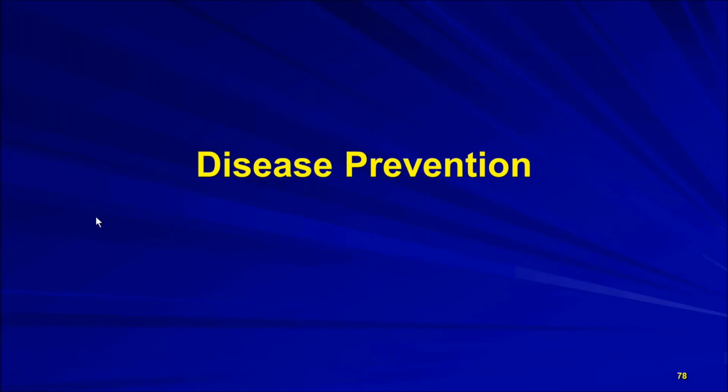Next, I want to talk about disease prevention. And really what we've been focusing on up to this point is two types of epidemiology. We focused on descriptive epidemiology and analytic epidemiology. And descriptive epidemiology is really important because description brings forth your education and your ability to observe anomalies or nuances, things that are out of the ordinary.